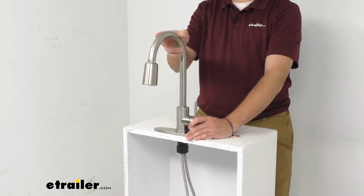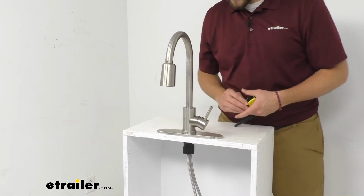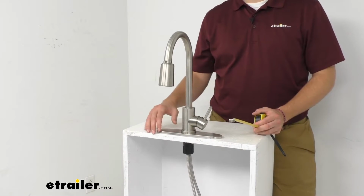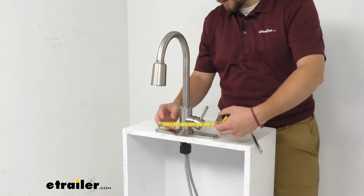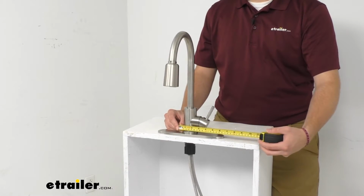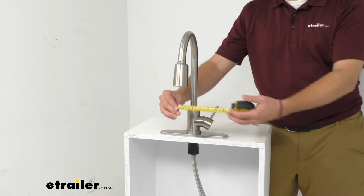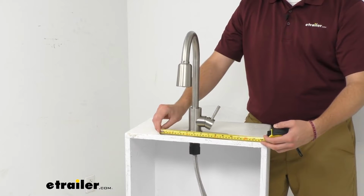Well, let's go ahead and break down some of our dimensions here on this guy. If we take our lever out extended like so, we can go ahead and see what it's going to be like for that inner assembly. Now, this optional deck plate here can be great if you previously had a 3-hole installation to cover up those other holes. And of course, it gives it a nice sleek look to itself. We can just use this inner assembly though, and to give us an idea of what that'd be like, the inside of that width, or that full-on width there for that lever, is going to be right at 4 3/4 of an inch. Our plate width going all the way across will be putting us at 9 3/4 of an